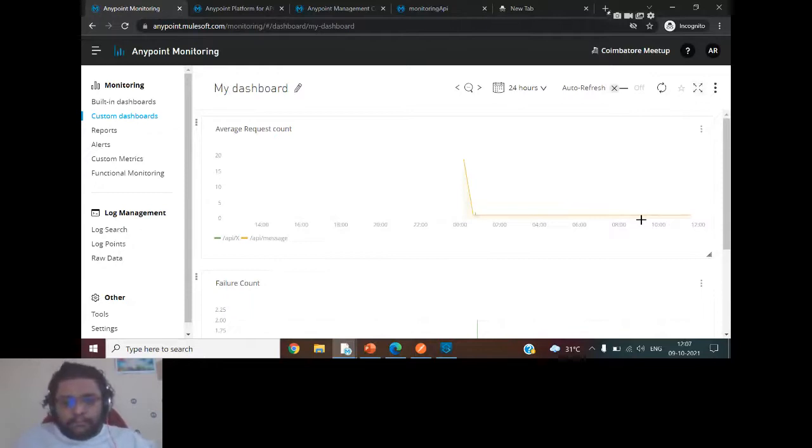going to use the values, the kind of graphs or things which we have created in the custom dashboard. We can replicate the same and show it as part of the advanced alert. So whenever there is high CPU or memory usage, maybe, or something related to your error counts, if that goes above the level which we have mentioned, in that case your custom alert is going to get generated.